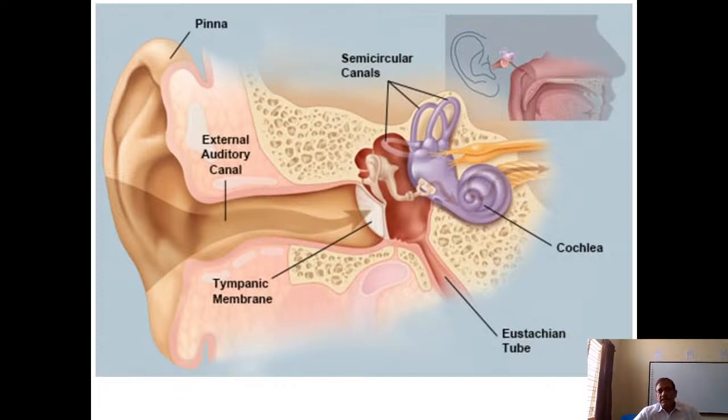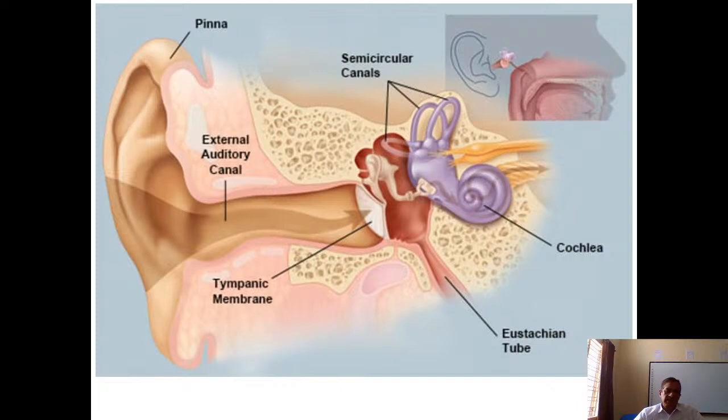Then you have the inner ear, which consists of the cochlea, which is responsible for the hearing mechanism, and the vestibule and the semicircular canals are the ones which are responsible for the balancing mechanism. So that is in brief about the structure of the ear. Now, if you come into the physiology part of it, in the physiology,